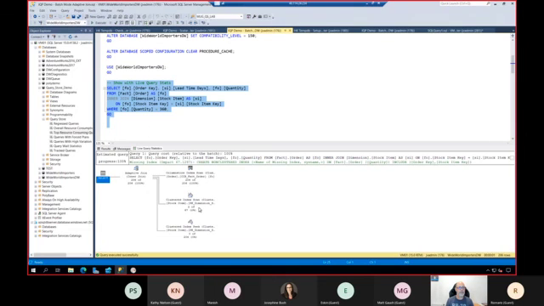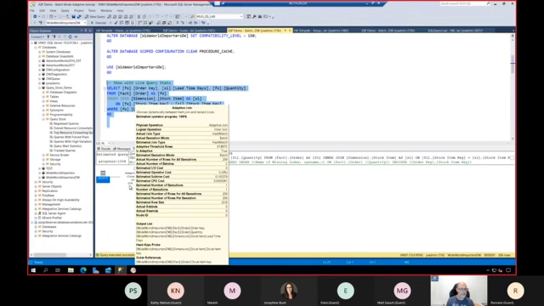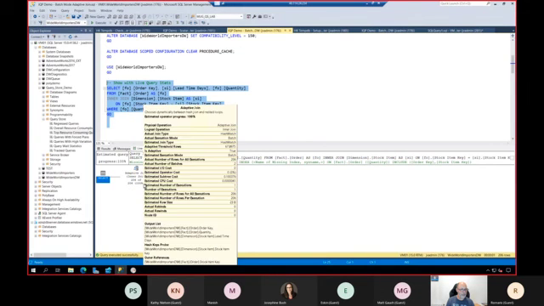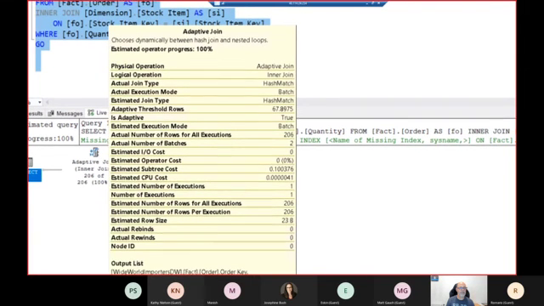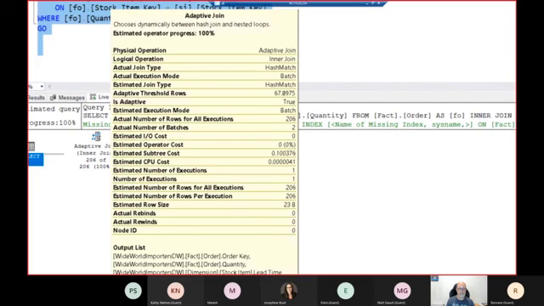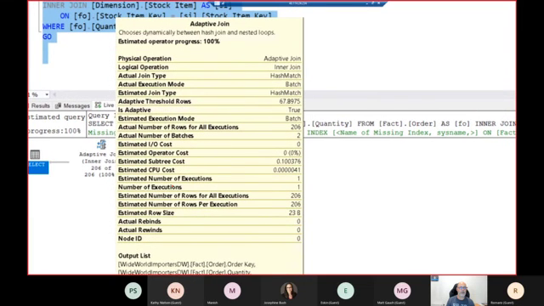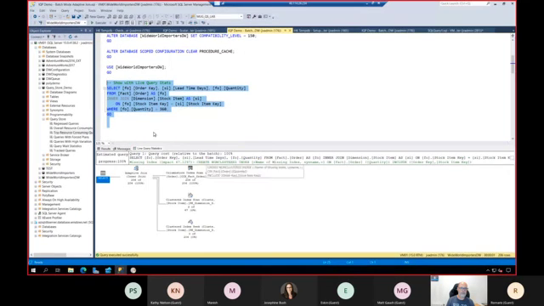So when I go here and run this, see that now we have this new operator called adaptive join, right? So depending on the amount of rows returned by the join, it is going to use one type of join or the other one, right? So again, with no code change, it doesn't matter the amount of rows that it returns, the plan will adjust to each of the executions.